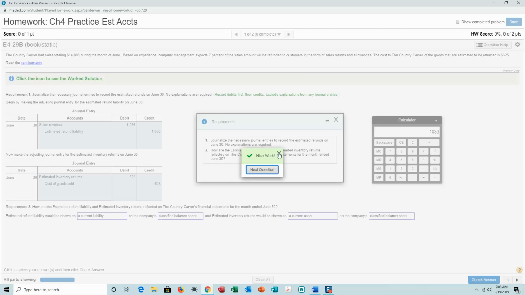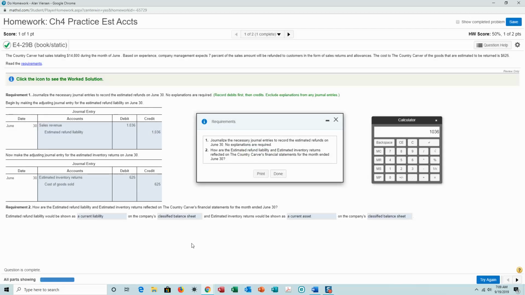Okay, so you can see that basically there are two new accounts. We're going to use the estimated refund liability and then the estimated inventory returns to account for when a customer returns merchandise that he's purchased. Now we'll use this idea when we go on to the next problem. So let's just